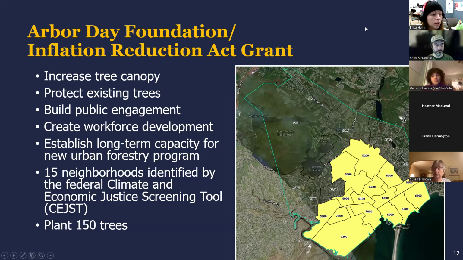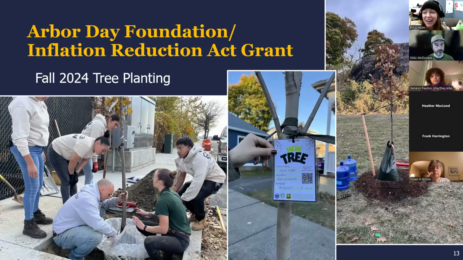This yellow area is the census tracts where the Arbor Day Foundation grant can be used. So I mainly need to work within this yellow boundary in the city of Lynn. That doesn't mean I can't work holistically across the whole city, so I still want to hear anything about a tree anywhere in the city boundary. But this is where I can plant trees right now. And we did that. We did it with basically a Pulaski and a truck we borrowed from the DPW and some volunteers, and basically we did it with our bare hands.